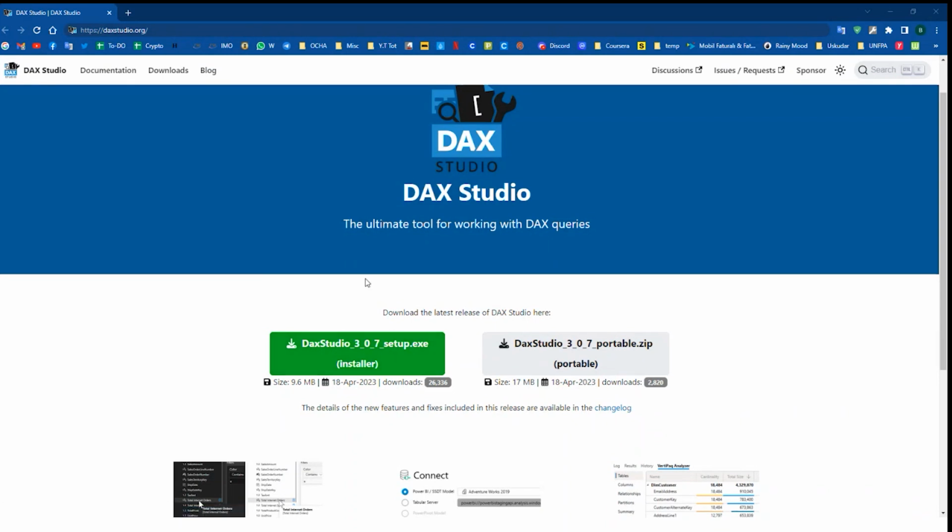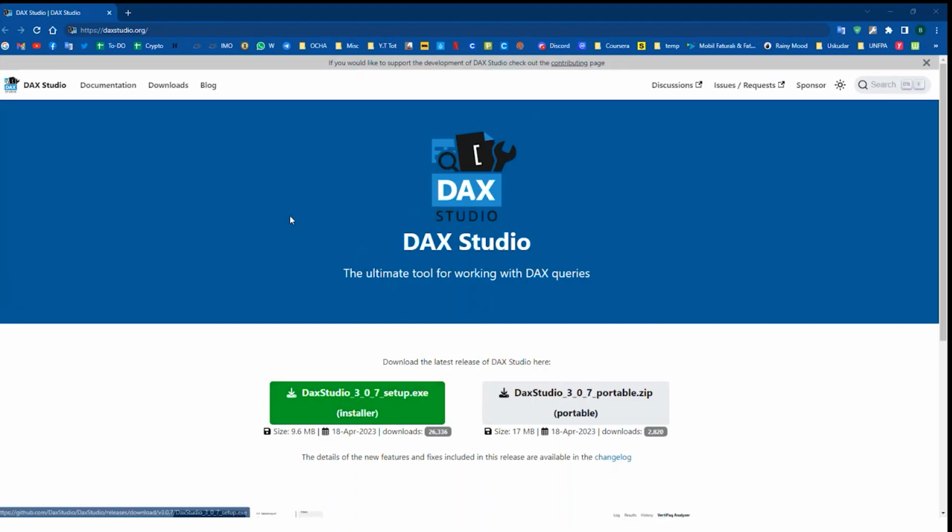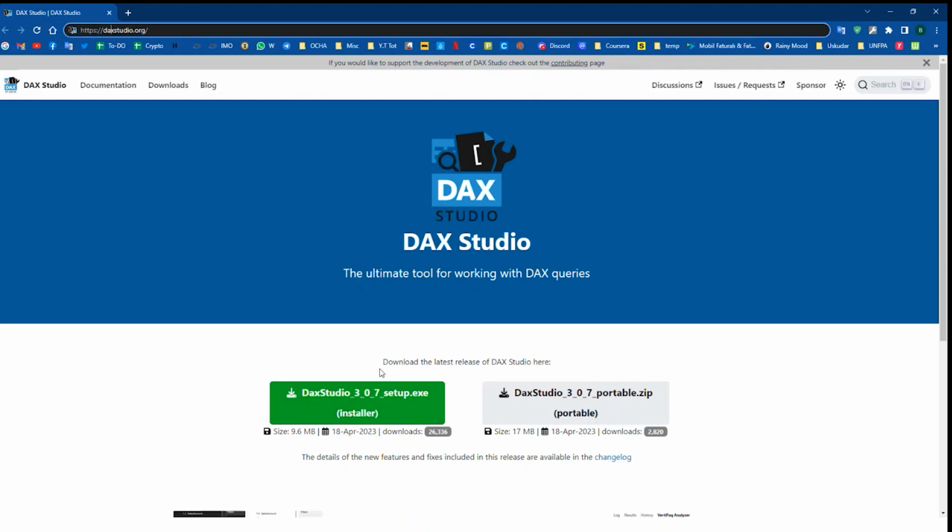Actually, I believe this is just for Windows. It's not applicable for Mac so far. Maybe this will be solved in the coming days or weeks. So once you install it, we can go to